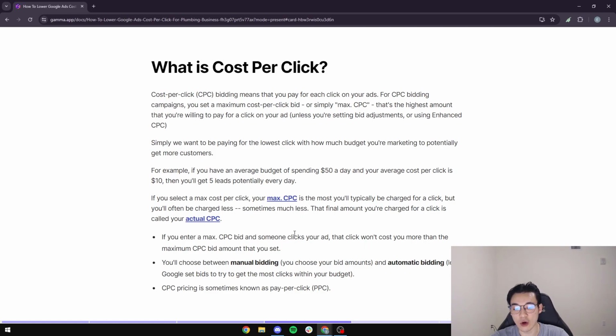That's just a target, the maximum you're willing to spend for that day, right? So this is where you also want to be able to select and choose manual bidding, where you'll be able to choose your bid amounts, and automatic bidding, where Google sets the bid to try to get the most clicks within your budget, right? And in previous terms, cost per click or CPC pricing is sometimes also known as PPC, which basically means pay